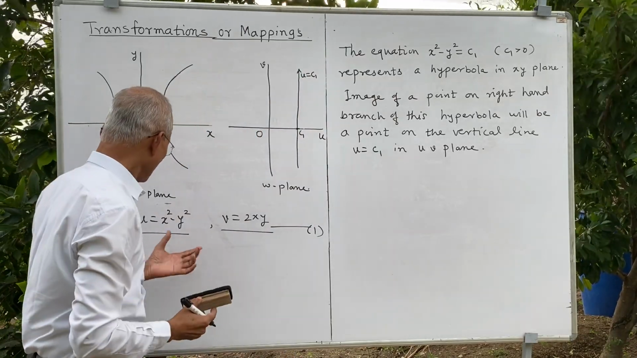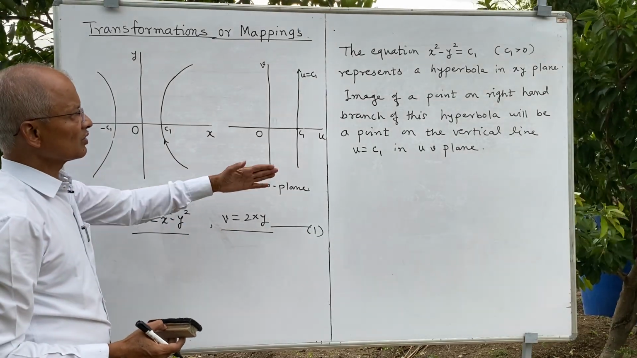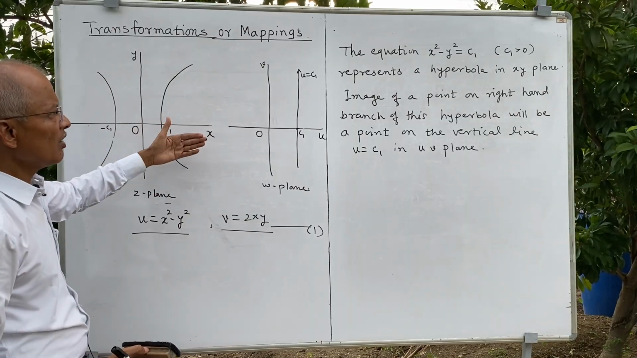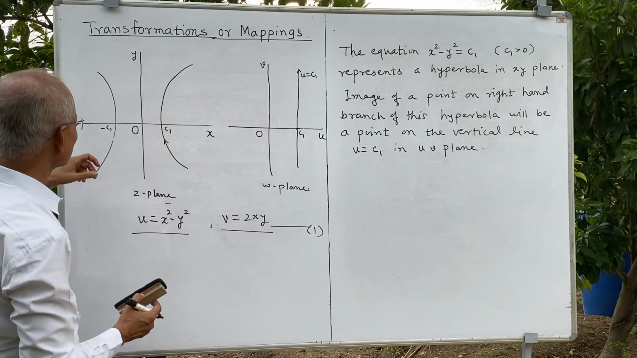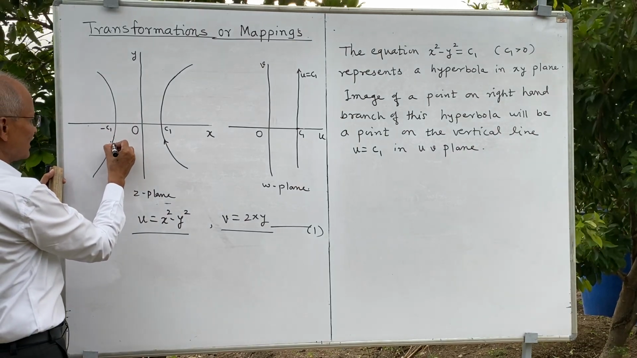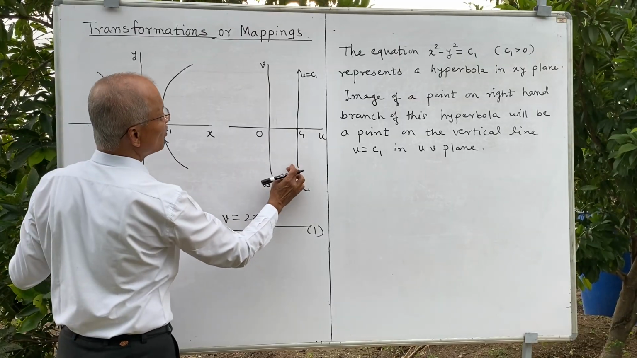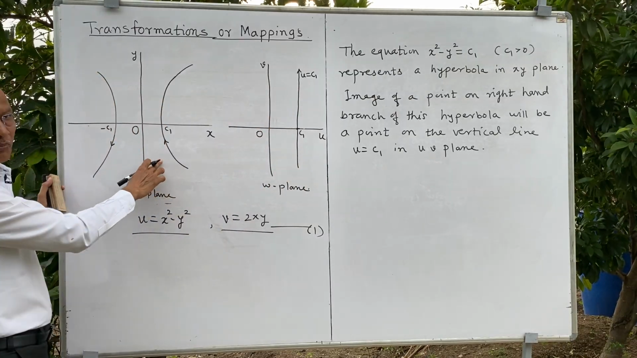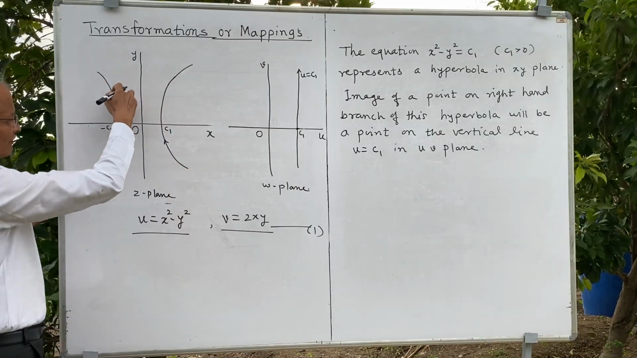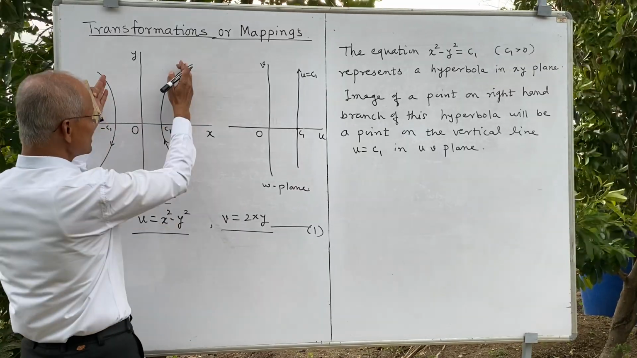This is for the first curve. And now we shall consider the second. The image of a point on the right-hand branch of this hyperbola, or rather we shall consider the left-hand branch also. If the point moves downward, then the image of both the points will move upward. As the point on the right branch moves upward and the point on the left branch moves downward, the image of both these points